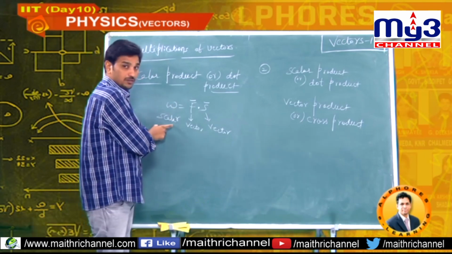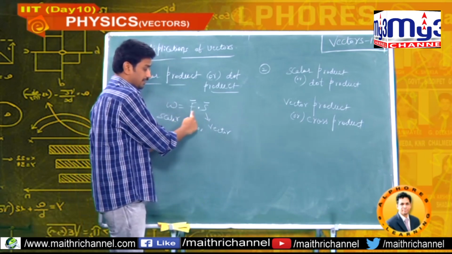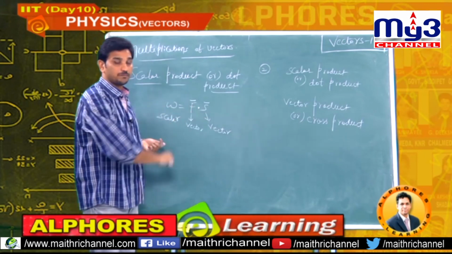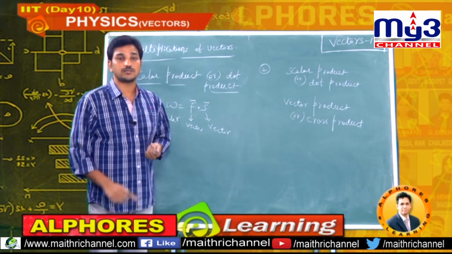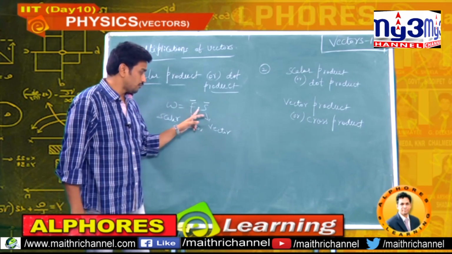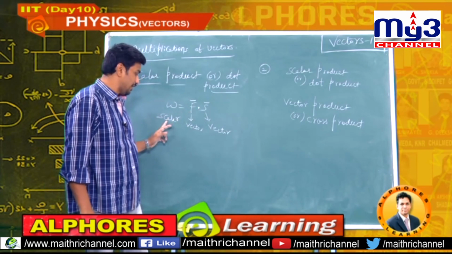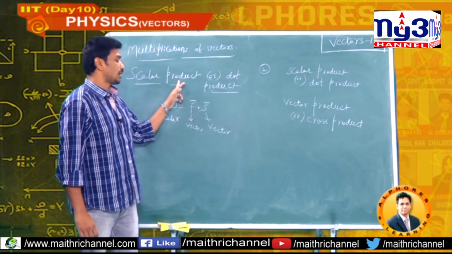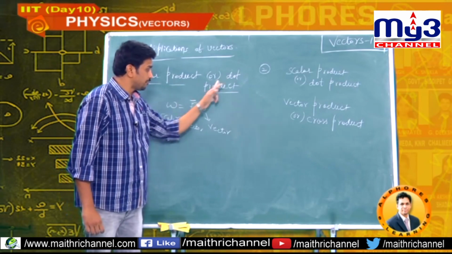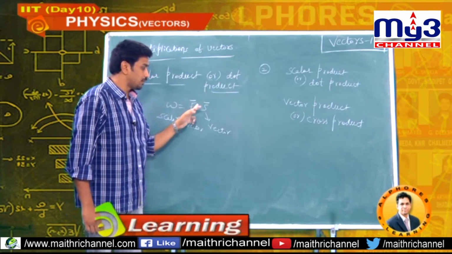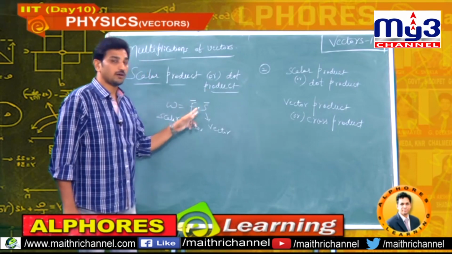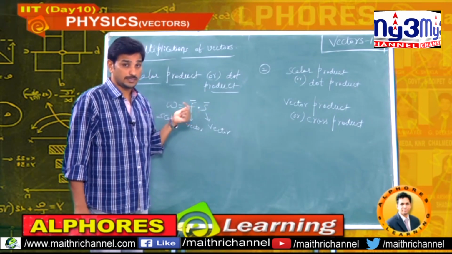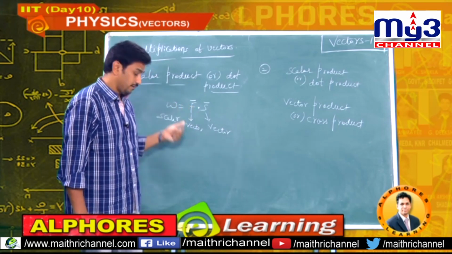The answer is scalar, and two vectors are being multiplied. Here multiplying two vectors, the answer is a scalar. Definitely the product should be the scalar product or otherwise dot product. So if an operation gives a scalar answer, then the product is the dot product or otherwise scalar product. Dot means itself a dot. We are using the symbol dot, due to that reason the product is called dot product. I think you know this example already, you know very well.